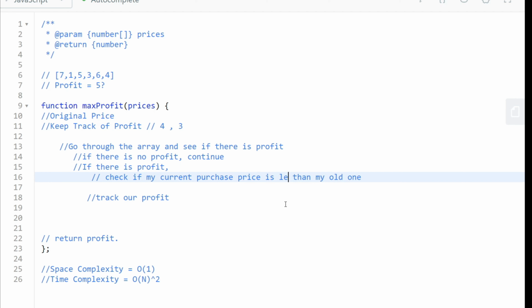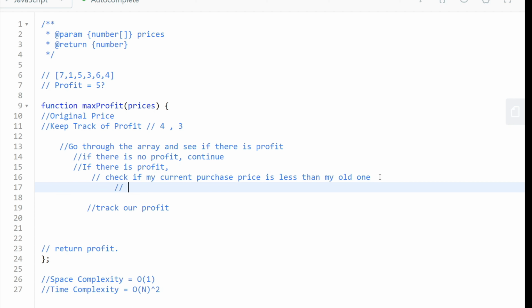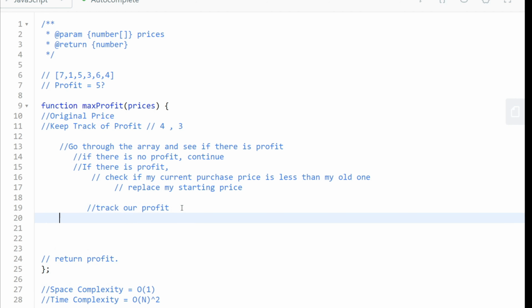How about if it's less than my old one? I'm just going to replace my starting price, right? I should replace my starting price. And if I do that, then next I'm going to check whether this and this is more than my current tracked profit, right? So let's check, track my profit. What do I mean by that? All right, let's check if my computed profit, which now takes my new original price,